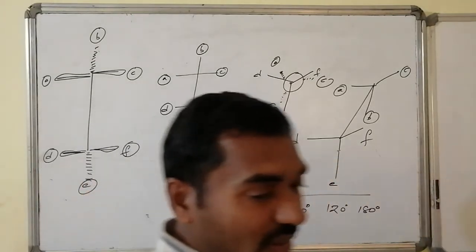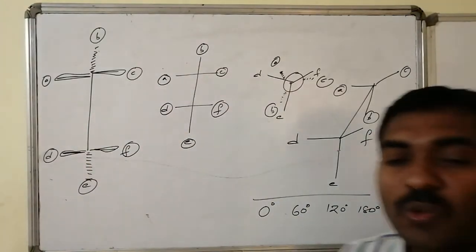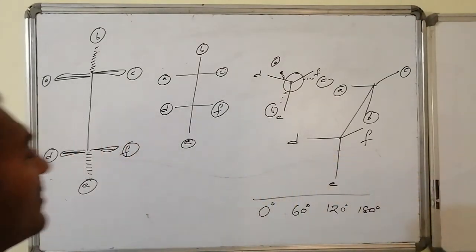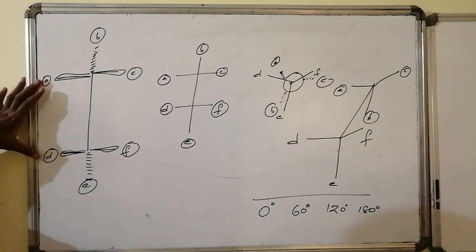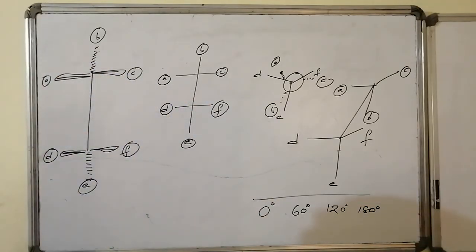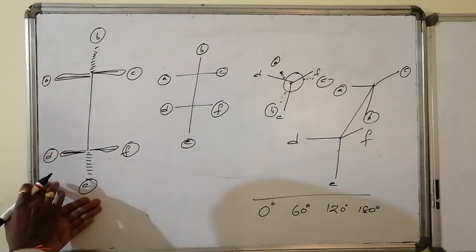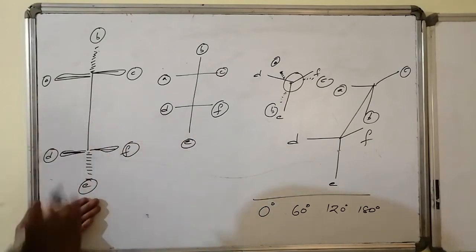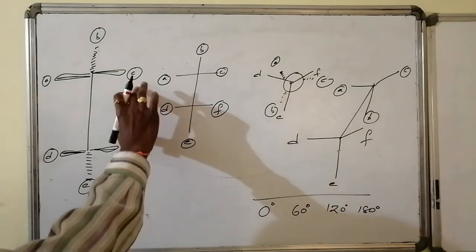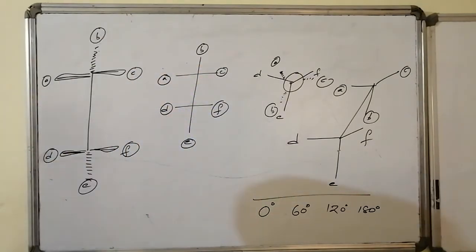See, in case of Fischer presentation, in case of wedge presentation, if two groups are going to be eliminated in syn fashion, then these two can be eliminated. Thereby, these two are cis to one another. Else, B and E can be eliminated, and A and D are present cis to one another, because after elimination it becomes a double bond. Similarly, E and F become cis to one another. If E and F are eliminated, then AD will become cis. Similarly, BE will become cis to one another.